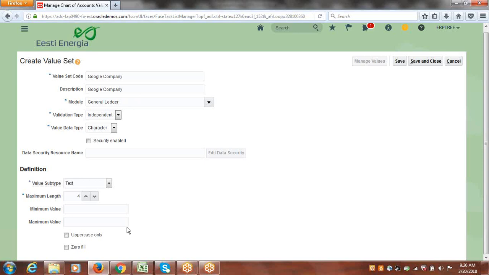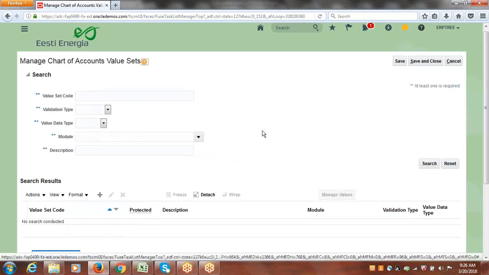So this is how you give the specifications, and you can say save and close. This is how you can simply create the value set. We created a value set for company. The same way we will go and create the value sets for the department and account segments also, to assign to those two segments. So we're done with that. Again, click on create